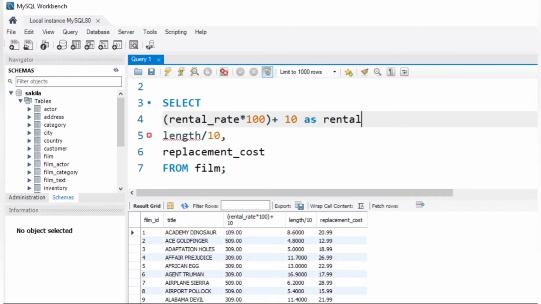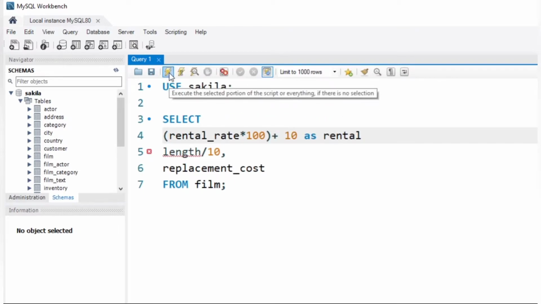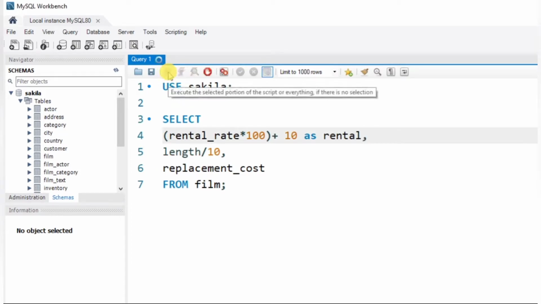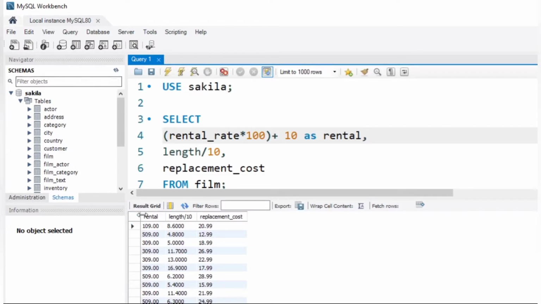The name will change now. Let me run this. So we are getting an error here. I did not give a comma here. Let me give it. Okay, now let me run. So you can see the rental rate into 100 plus 10 is replaced by the name rental. So you can change the column name as well.